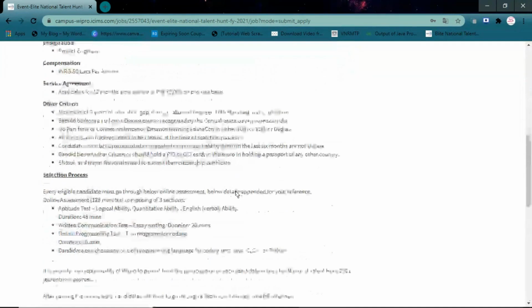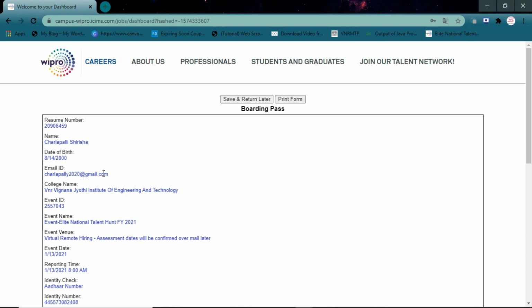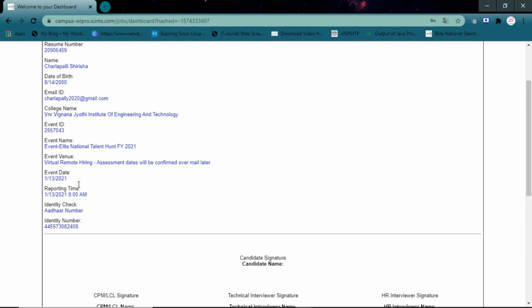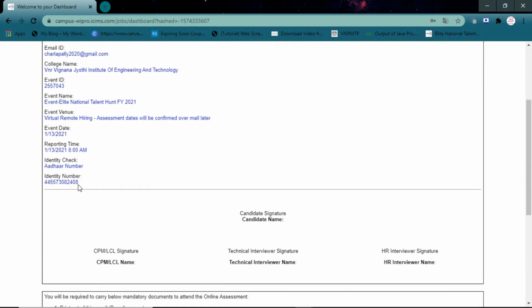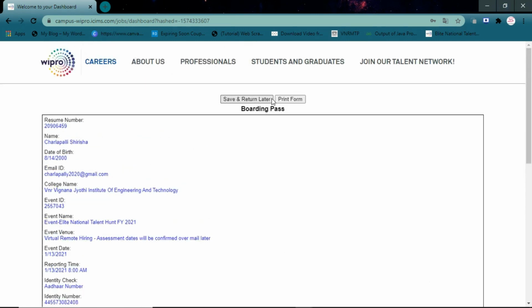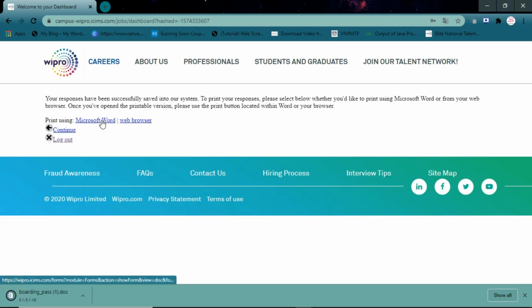And next, check your dashboard once. Here you can find the boarding pass form. Just click on it and it will open like this. Just see the details again, and you need to carry this while taking the assessment and also at the time of the interview. So just print the form and sign in the place of candidate signature.